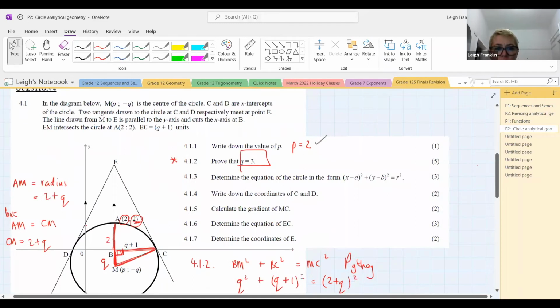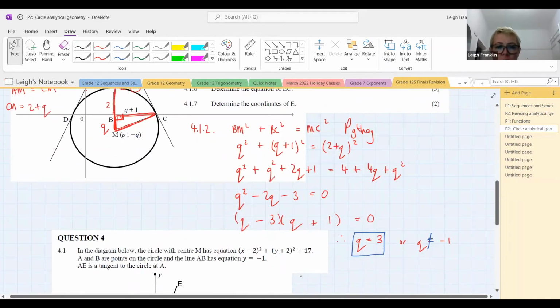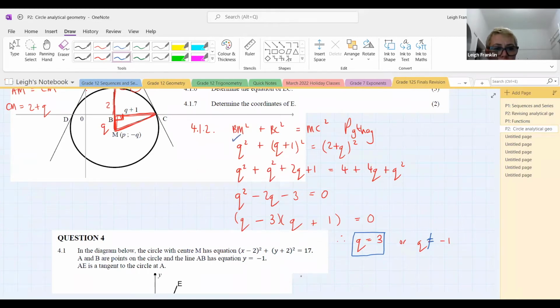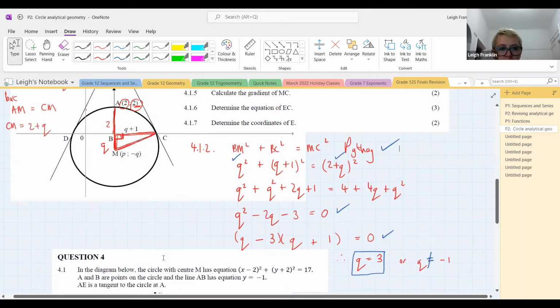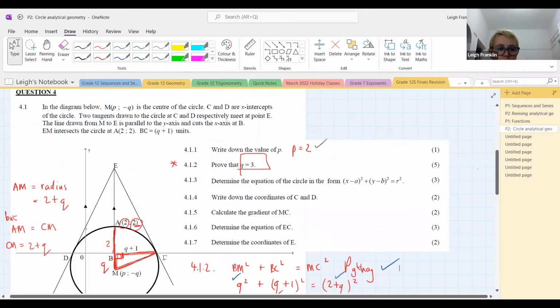Okay, so yeah, not an easy question. Here I imagine that there would have to be a mark for knowing that BM was Q and a mark for knowing that MC was 2 plus Q squared, standard form answer, maybe a mark for using the theorem of Pythagoras. Okay, so that's how we would have answered question